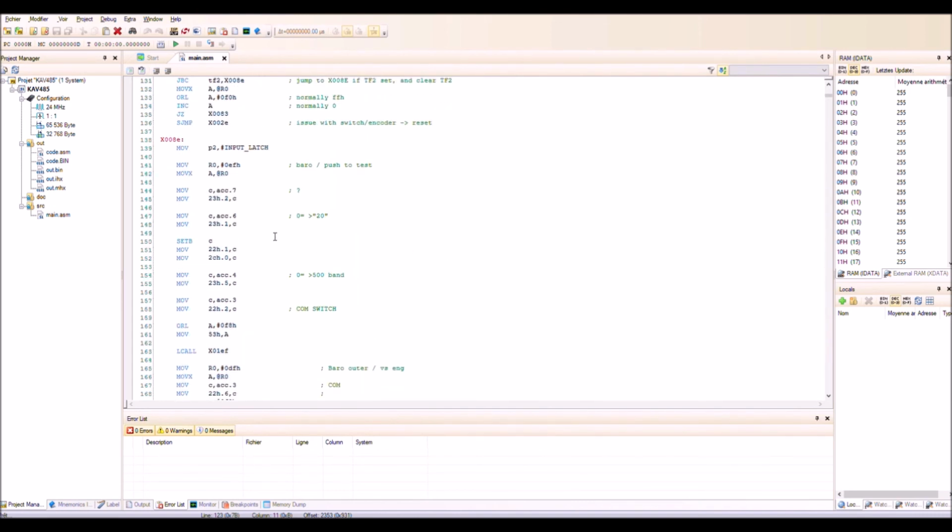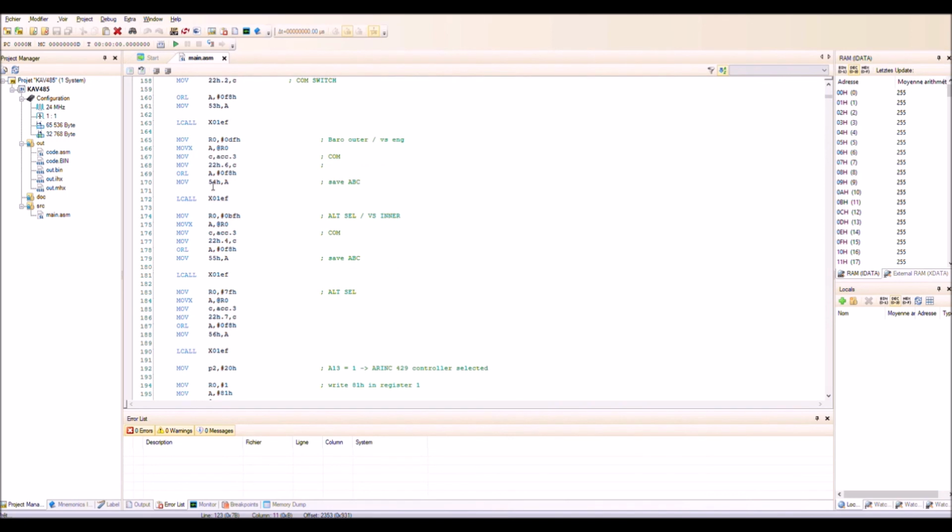And after that there are some tests on the input of the instrument, which are accessible on the rear connector, and depending on the value, these things are stored into some bit registers of the microprocessor here.